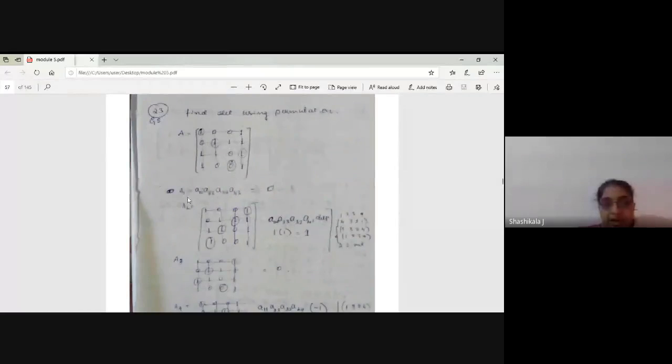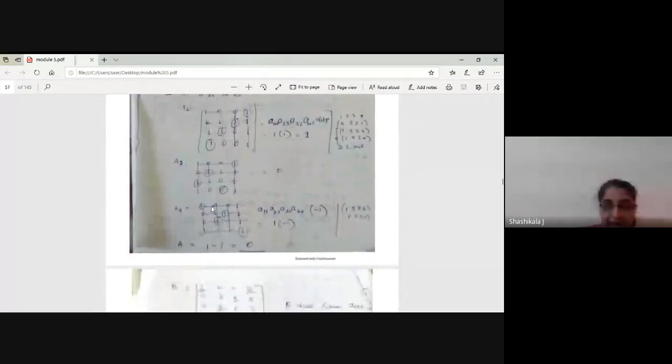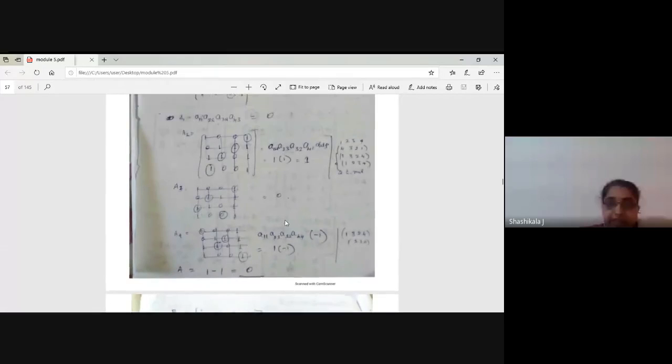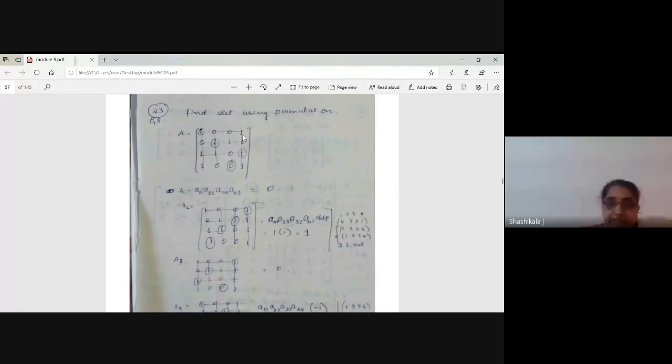So for small a1, I am making it 0. For the second one, A2, I am taking the other combination, this 1, 1 and this, it is 1 into determinant P. Here, what are the columns? 1, 3, 2, 4. So here my determinant P is -1. And the next is this +1 I am taking, with the combination 4, 3, 2, 1. So here it is 2 times changes, so determinant P is +1.